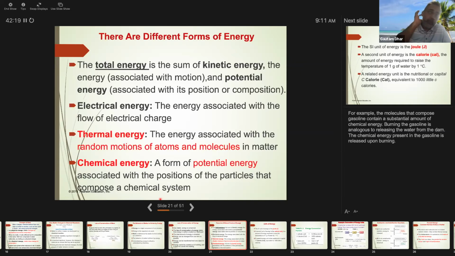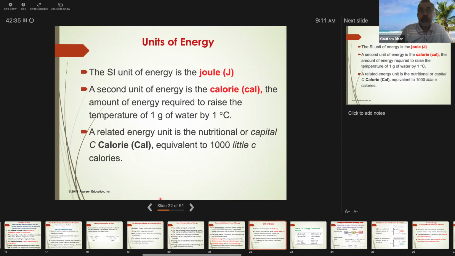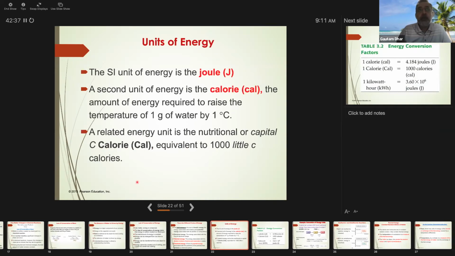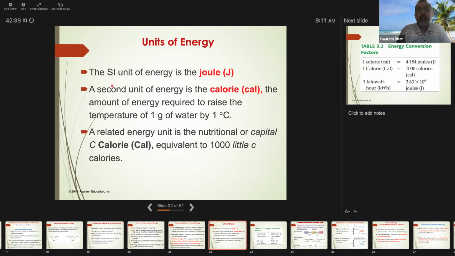Now, we'll look at units of energy. Reactions are associated with energy, especially heat. In some cases, you can have light. The units of energy, the two or three we'll be dealing with, mainly two. So the SI, what is SI? SI means Standard International Unit. We learned about SI units in the previous chapter.